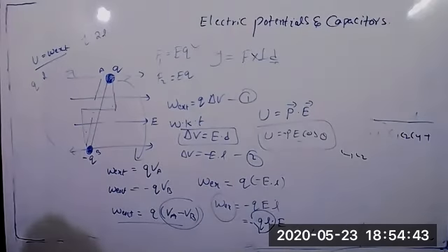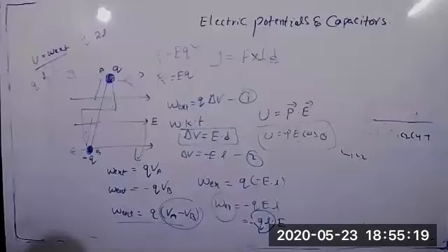Because for capacitor problems, whatever methods I gave you are more than enough. I think I gave 6 or 7 methods. For each and every method, write one problem of your own and solve it. If you see any difficult circuit, you can make it a small circuit by using Kirchhoff laws, or a balanced Wheatstone bridge. I told you, C1 by C2 equal to C3 by C4. If that holds, we can remove the middle resistor.